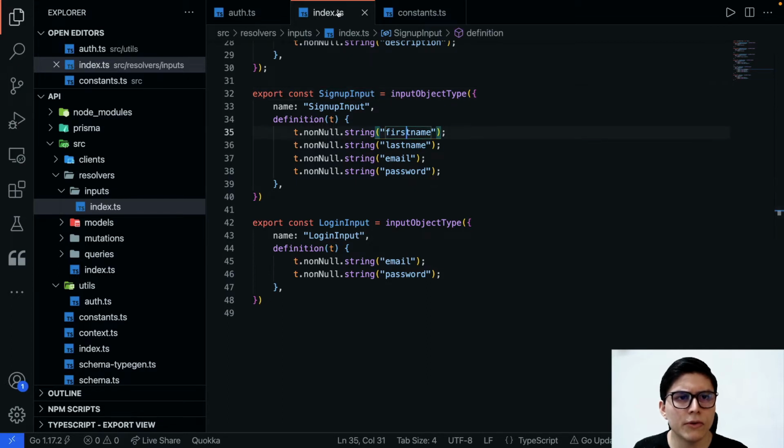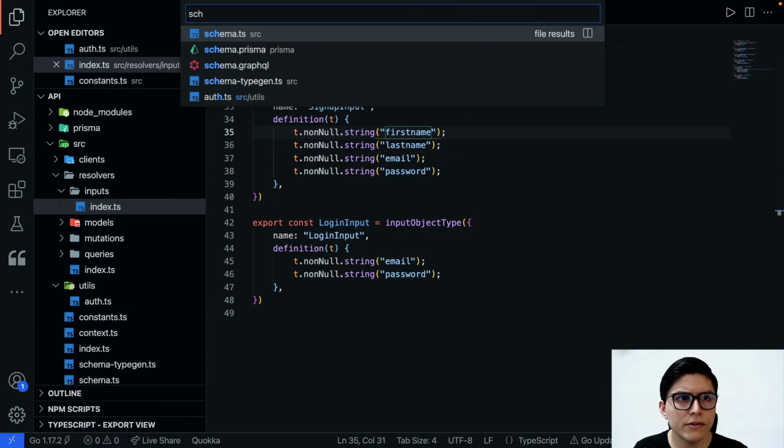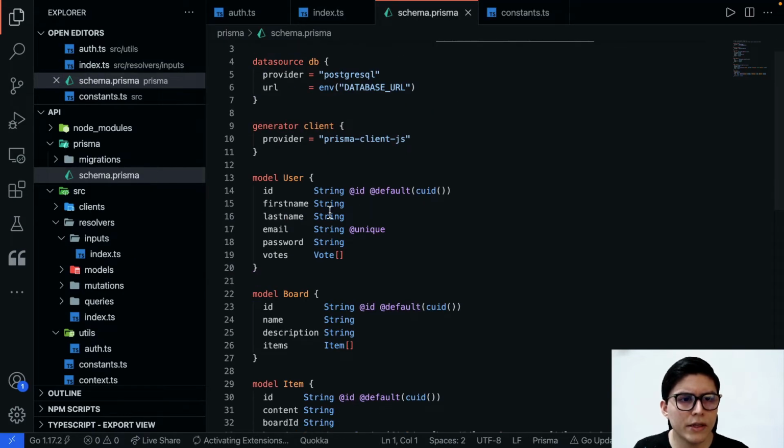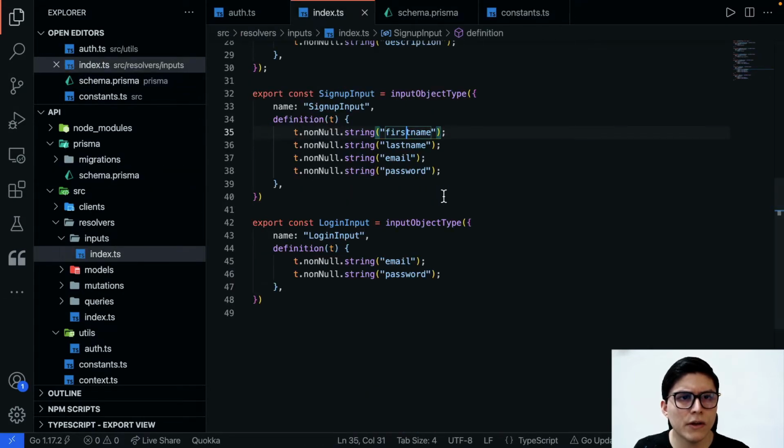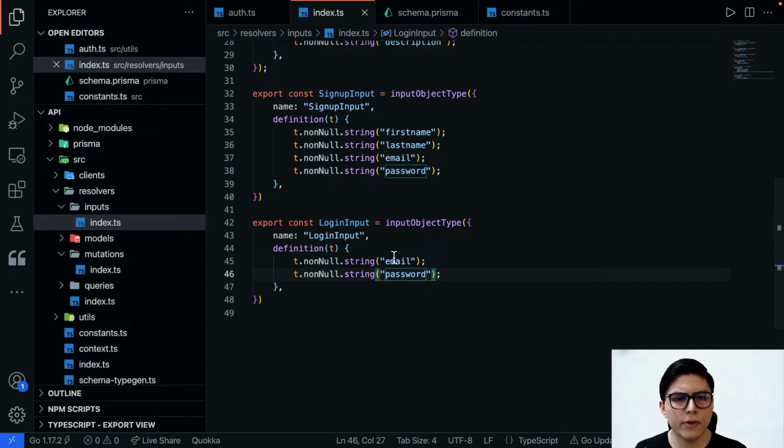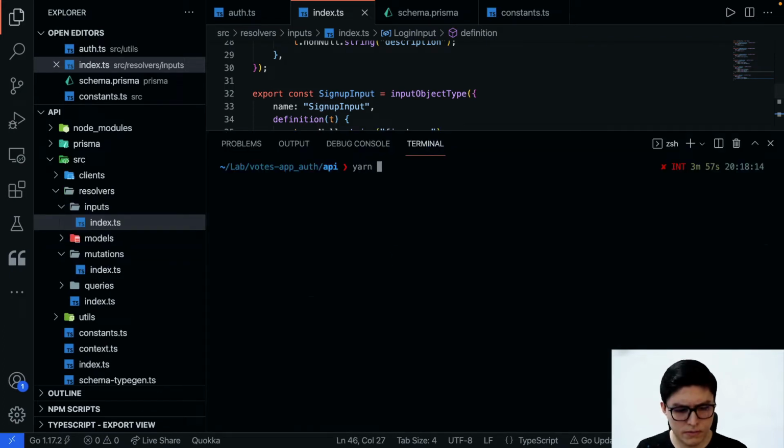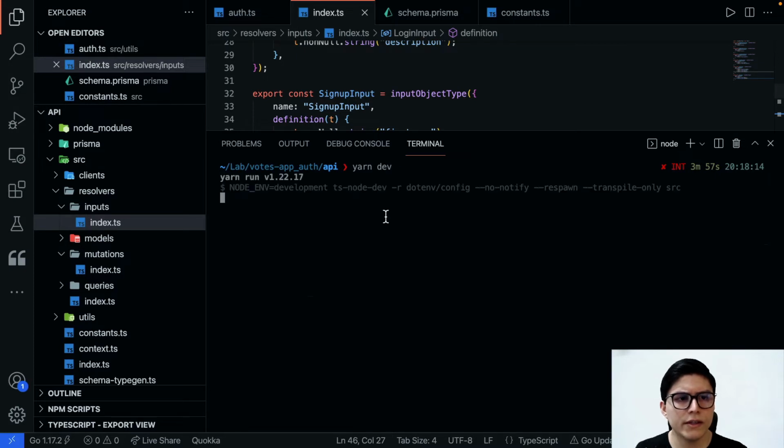According to our schema.prisma file, this is what we need for a user. So just add those details in there, and for login later on, we are just going to require email and password. With our inputs in place, let's start the server so that the type generation starts working.